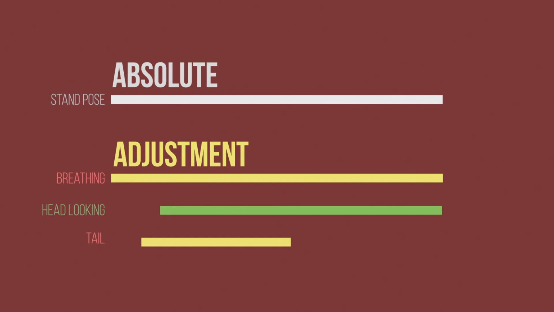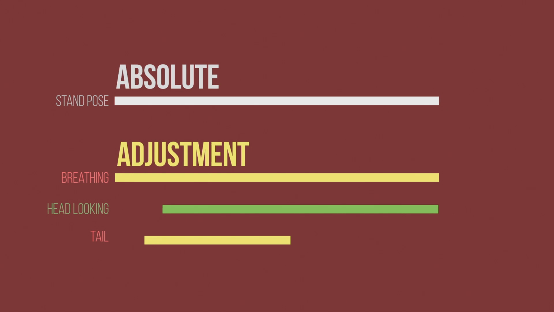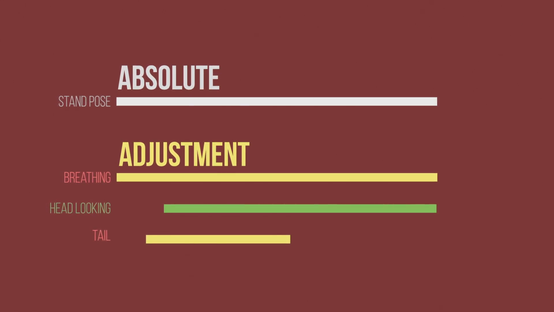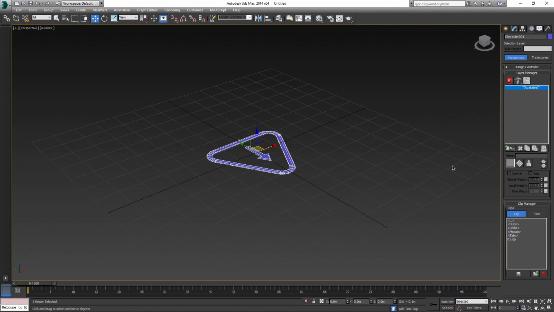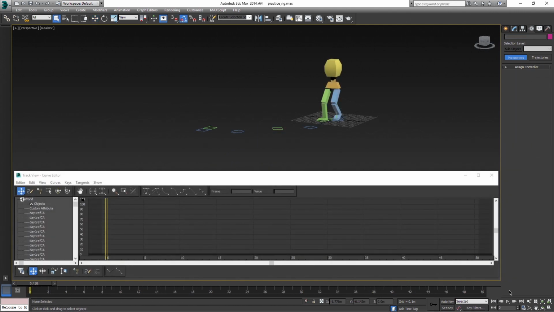Adjustment layers are your friend, and as you will animate more and more, you will find out your ways how to use them creatively to finish the job faster. You might have noticed that CAD offers you two options for creating them. One is the local one, which we were using in this video so far, and the other is the world one. We can demonstrate the difference with this example. They work exactly the same, except the local one adds the values to the local axis of the bone, and the world one adds the values to the world axis. In this scenario, the rig follows a path. The animation was not animated properly and it is just for this presentation, so please don't judge.